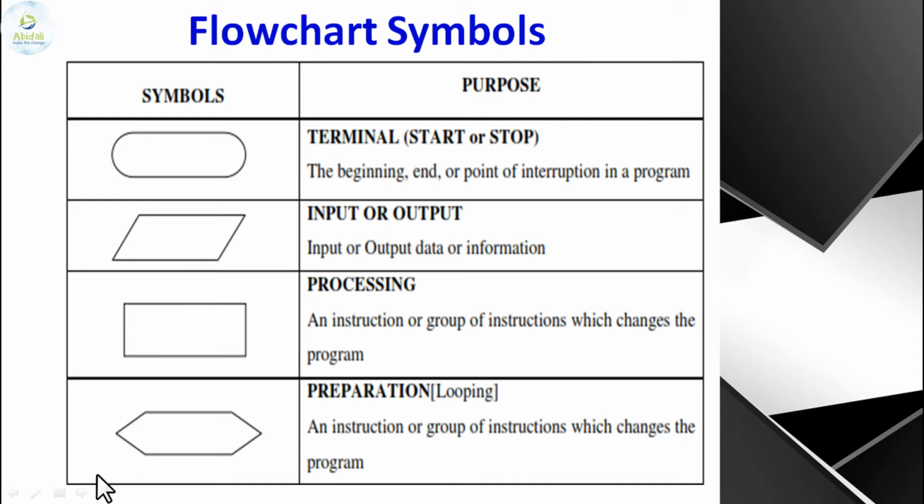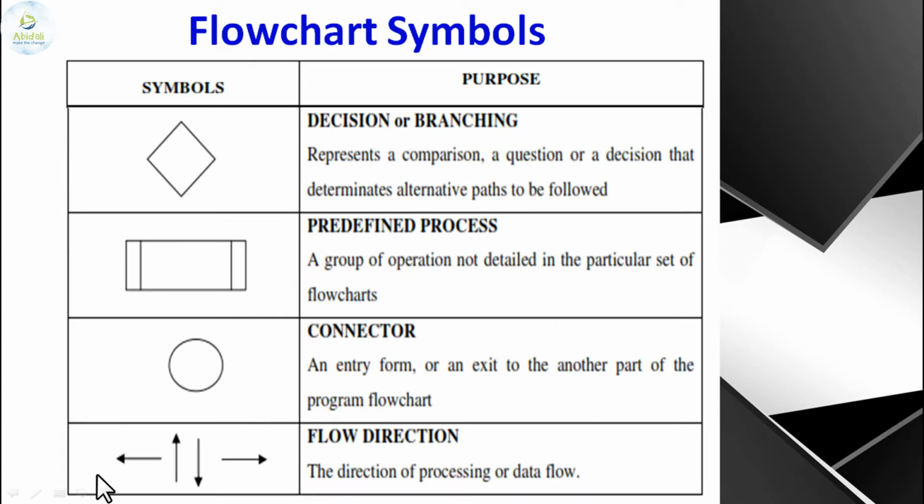Before moving to lecture number 4, let us take a quick recap on the flowchart symbols that we discussed in lecture number 3, that is the last class. Here we have come across all these common shapes that are used for flowcharts. The first is the start or stop. The next is the input, processing, preparation, also used for looping.